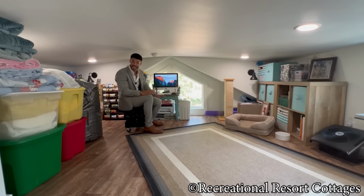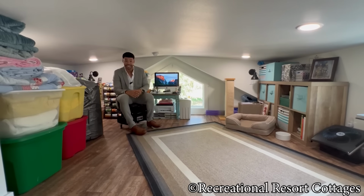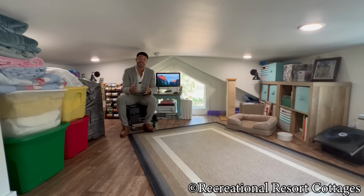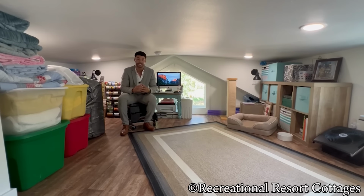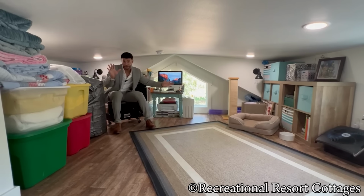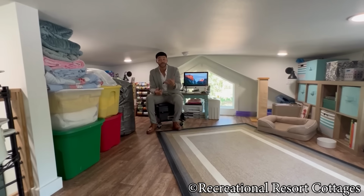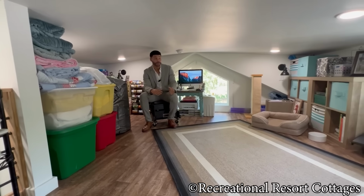Well, don't mind me. I'm just in the loft of the Roberts Cardinalweed. And as you can see here, this can be utilized for many things when you have a loft in a 399 square foot tiny home. Well, the Roberts have chosen to utilize this for a storage space as well as an area for their cat to enjoy, because you can see